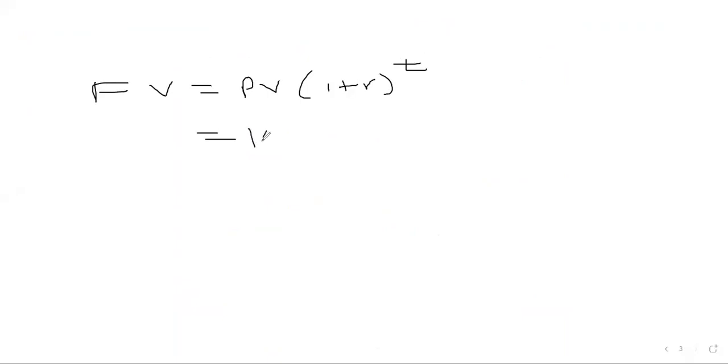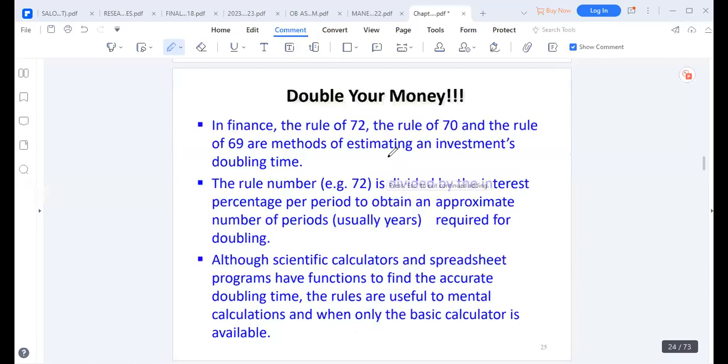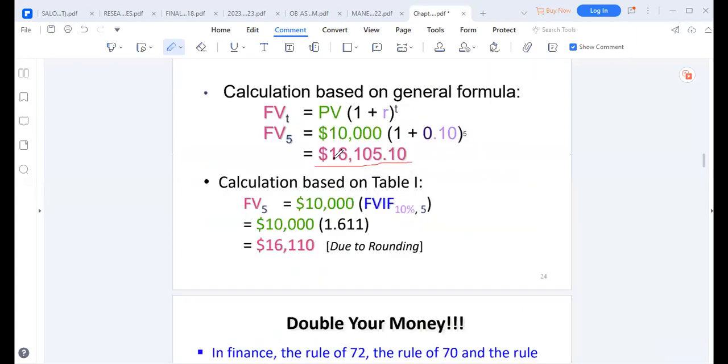So we have 10,000 and our interest rate is 10%, and we have 5 years. When you compute that, you're going to get your figure. In this case, you compute this using the formula. We're going to have 1.10 to the power 5. It will give you